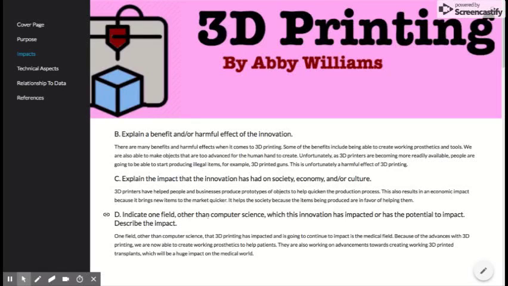Indicate one field other than computer science which this innovation has impacted or has the potential to impact. Describe the impact. One field other than computer science that 3D printing has impacted and is going to continue to impact is the medical field. Because of the advances with 3D printing, we are now able to create working prosthetics to help patients. They are also working on advancements towards creating working 3D printed transplants, which will be a huge impact on the